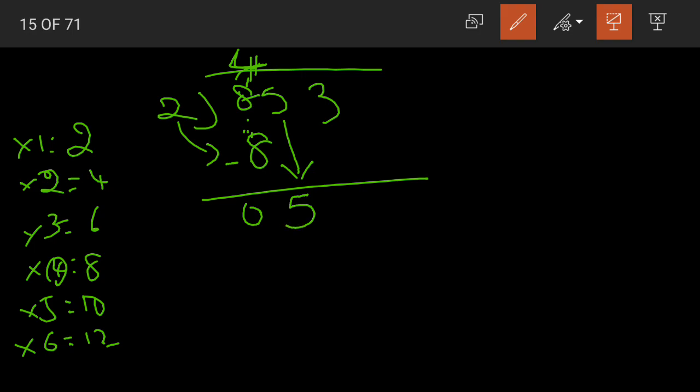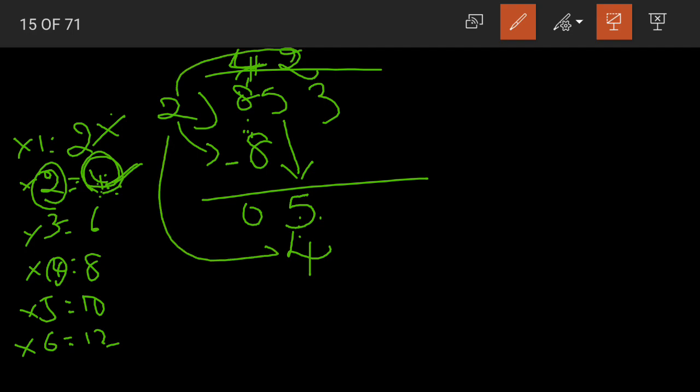That is 5. Now do we have 5 in second table? No. So what should we do? We should go with the lesser number, just next lesser number, not 2 but 4. Now 2 and 4 are both less than 5. Yes. But we have to go with 4. It is the just next lesser number. It is the nearest number to 5. Now how many times is 4? 2 times. So 2 twos are 4. 2 in the quotient, 4 here below 5.